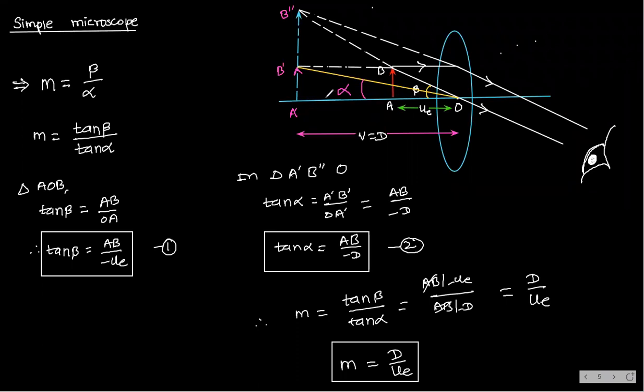A dash B dash O, right? Yes, here you do one thing, use one less dash, the smaller triangle. Here take A dash B dash O, this smaller triangle. Yes, clear. This is I. We will stop here.